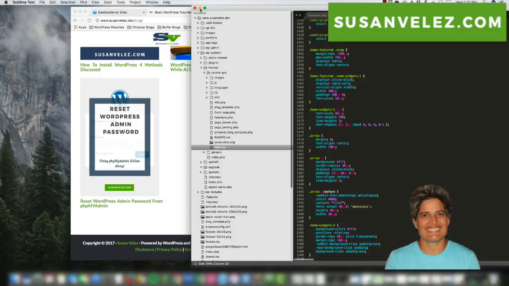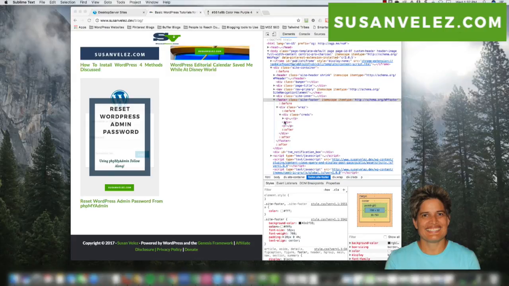Now, if you're using the Genesis Child or the Genesis framework, that's one of the great things about using it: you can make all your changes to your child theme, because whenever the Genesis framework gets updated, you won't have to worry about losing your changes. Whereas if you're using a different theme and you don't create a child theme, any custom changes that you make to your theme could be lost when WordPress updates or when the developer sends out an update for the theme. So I highly recommend that you create a child theme, but if you're following along, chances are you're using